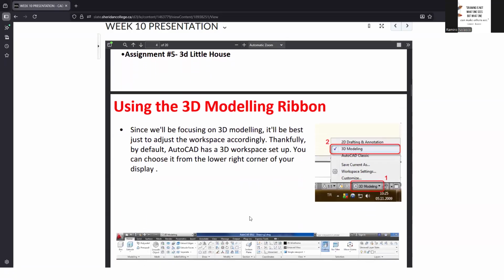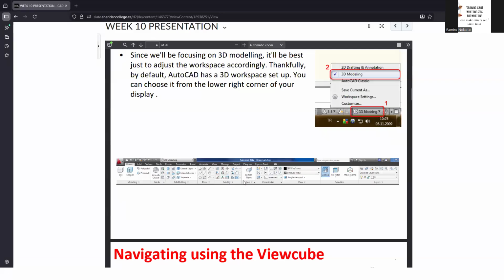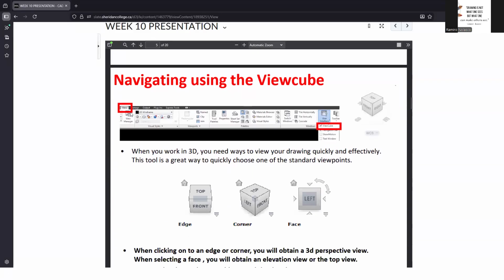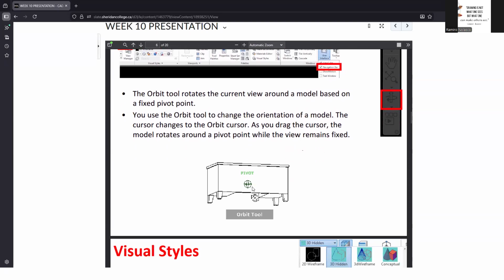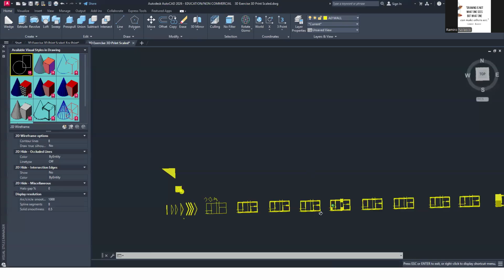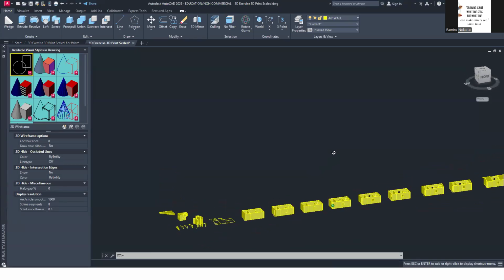Now, so that's the 3D modeling ribbon. Okay, so you can find it here. That's the view cube. Under view, you can say cube, but I'll just type nav to access that. Okay, nav cube. If you hold down the shift key and then the middle mouse button, you can pivot around, rotate.